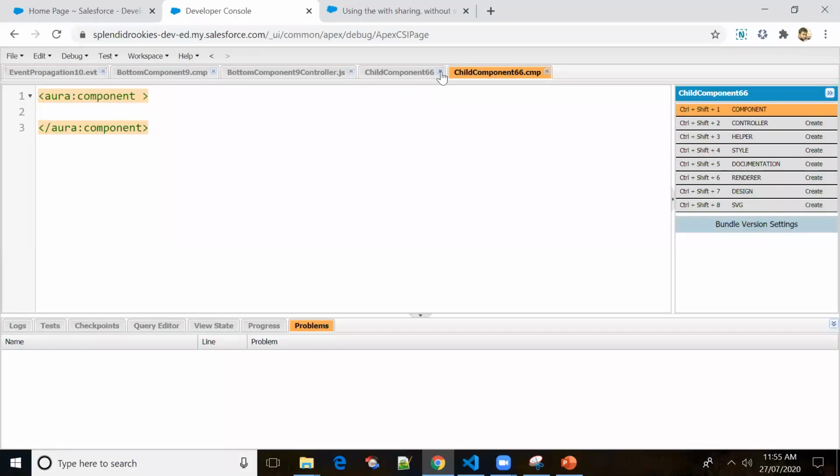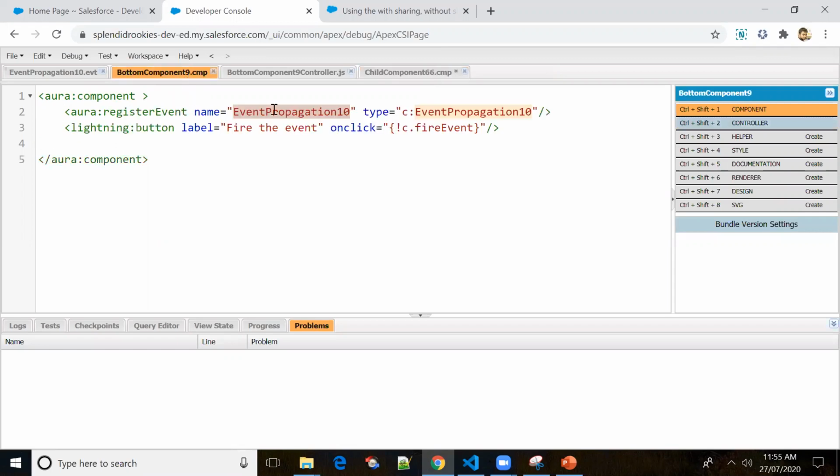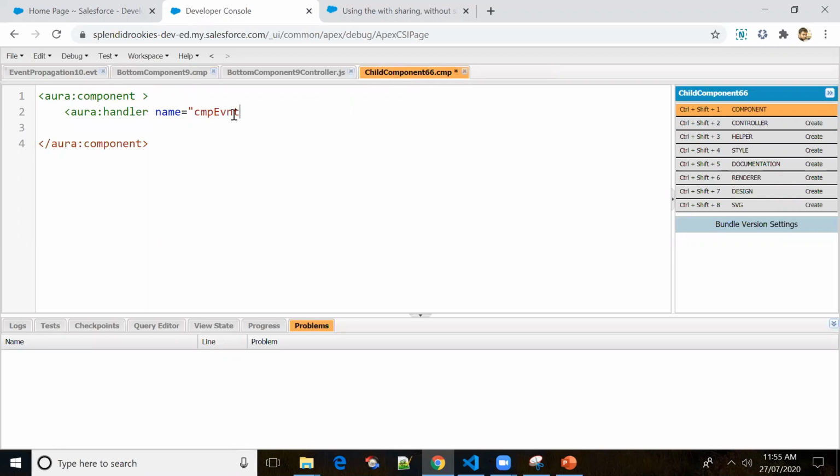Okay, so in the child component, what I'll be doing is I'll be just handling the event, a handler, name equal to, let me copy the event name, event propagation 10. Okay, and the event equal to c dot event propagation action handle click.